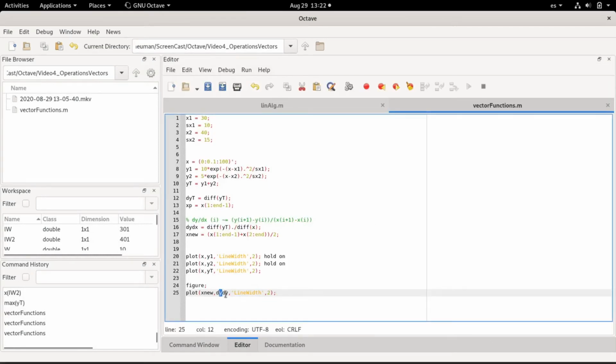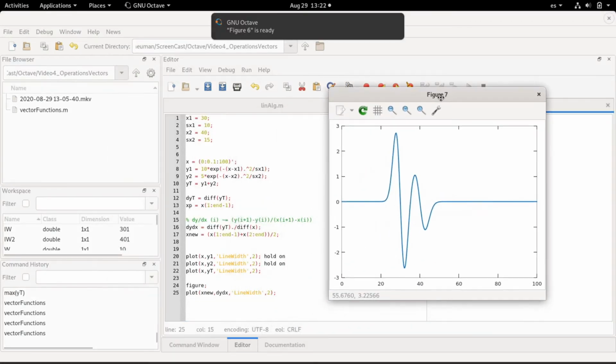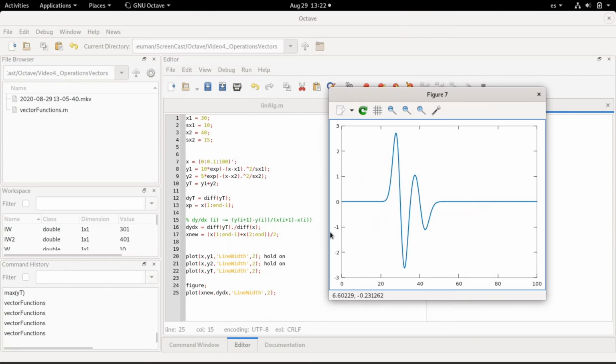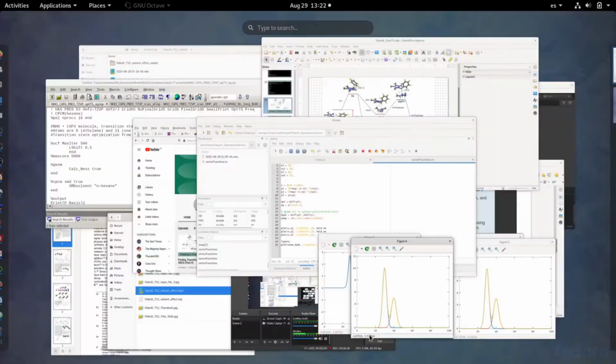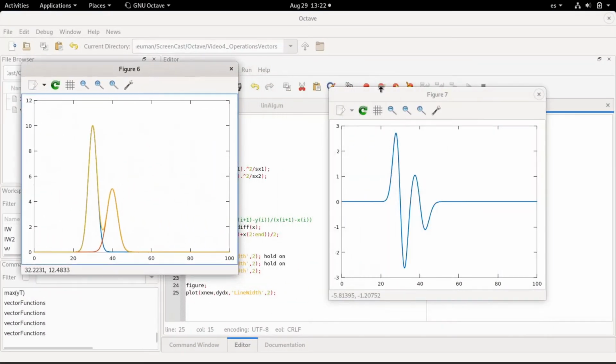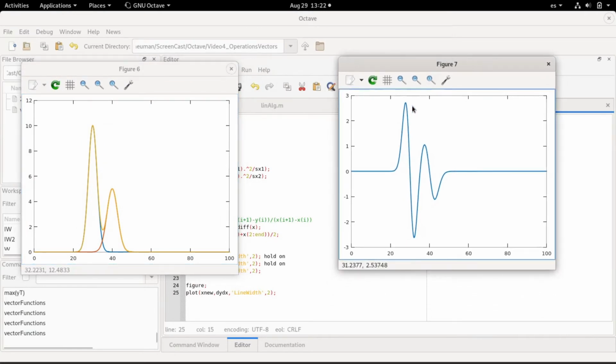dy/dx. So now we get the derivative. If you see the derivative here, the values are reasonable. The derivative has a maximum value of around 2.74, and this is more or less in an order of magnitude that would correspond to these values of 10. So we are taking the maximum of the derivative, for example, would correspond to the maximum slope region of